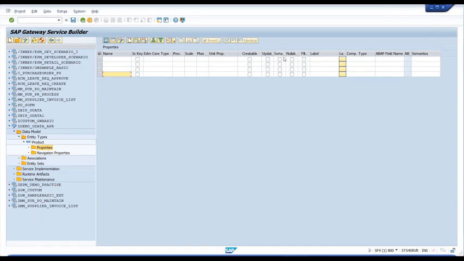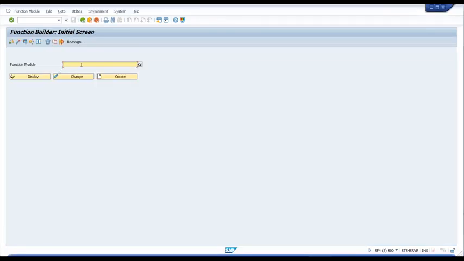And this is purely for metadata purposes. When the metadata is displayed to the user, that time this information will be useful. Clear everyone? So these properties are for metadata. However, at the same time you can also give the type, the precision, the scale, the maximum value allowed, the unit if there is something related to unit, labels, combo types, all that you can give here inside of your OData. Now I will just quickly go back and show you the function module BAPI_EPM_PRODUCT_GET_DETAIL,